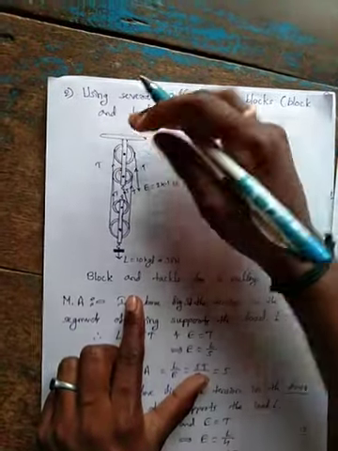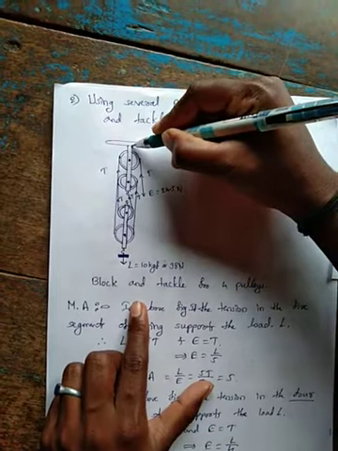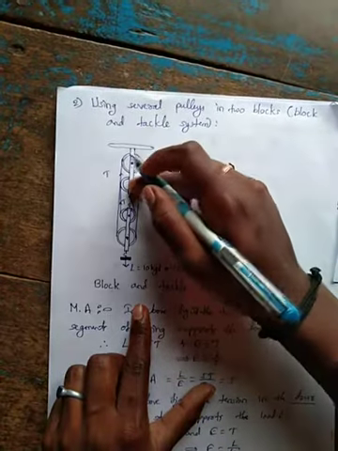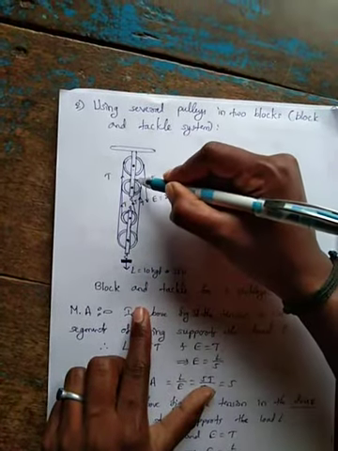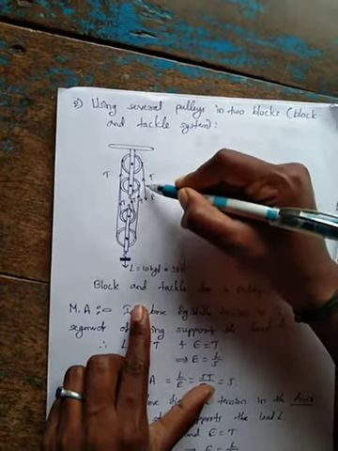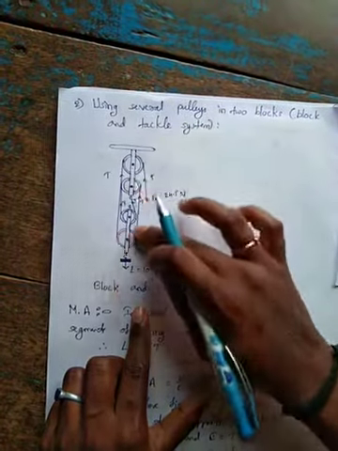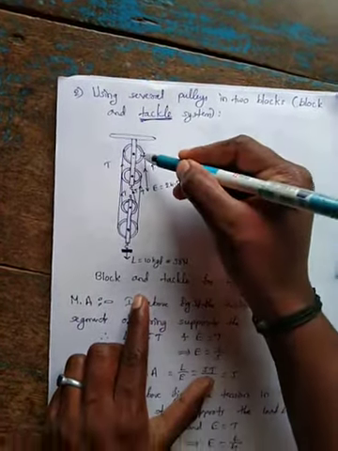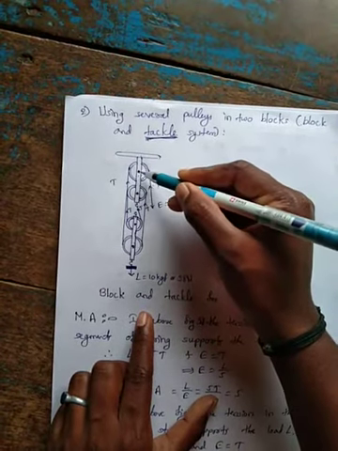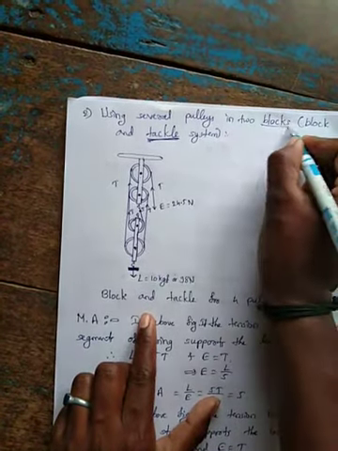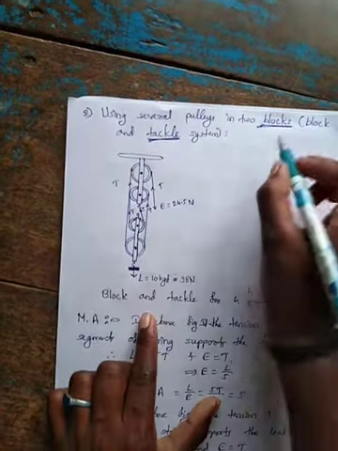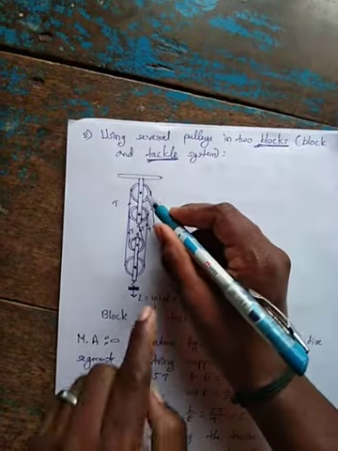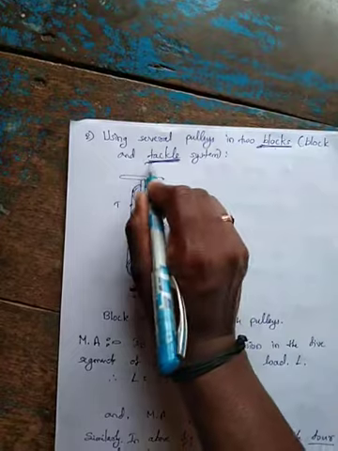See, these two pulleys are free and they are attached to this rigid support. So we can call this a block. Again, these two are free, but they are attached by a string to this upper support arrangement. So this whole we can take as a tackle. If pulleys are arranged from the rigid support, they are blocks. Two or more pulleys means they are blocks, and the block attached to this rigid supported block is called a tackle system.